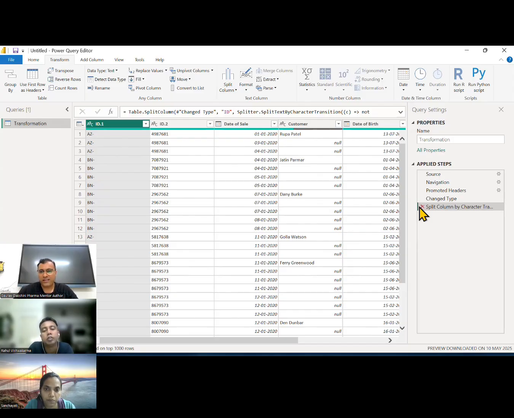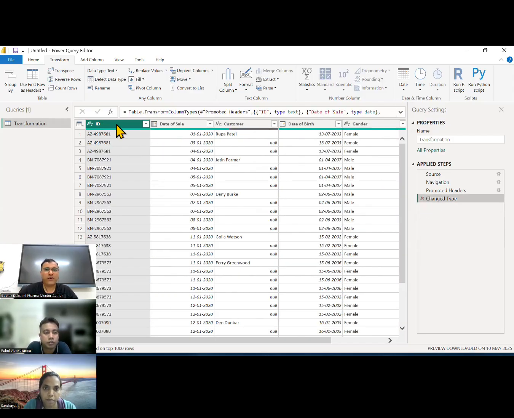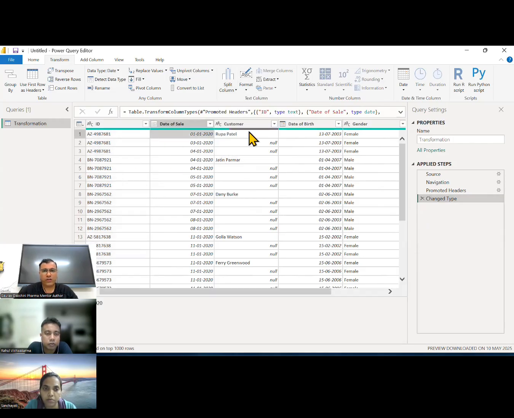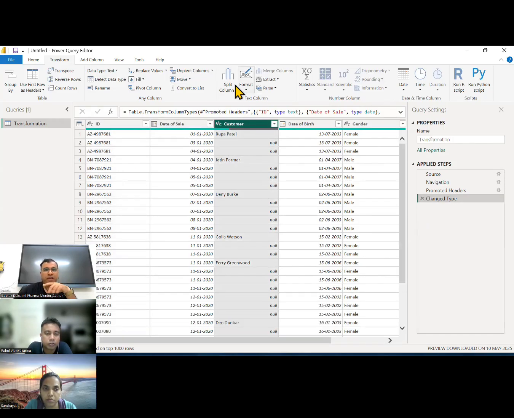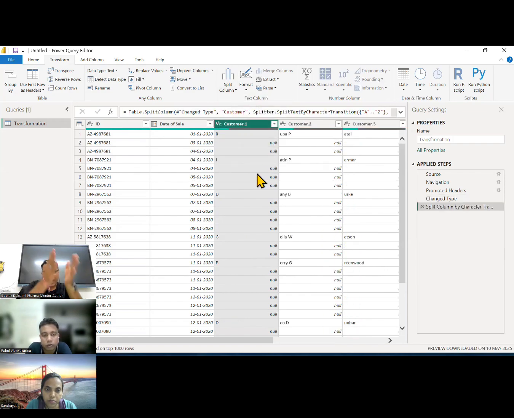Okay, let me go back over here. So split column. Now let's use the split column with the help of over here. Okay. So what if I want to change from uppercase to lowercase? So now you can see there is a Rupa Patel. So R is a capital, U is a small. Now if I want to split the column with the uppercase to lowercase, now you see R will come in